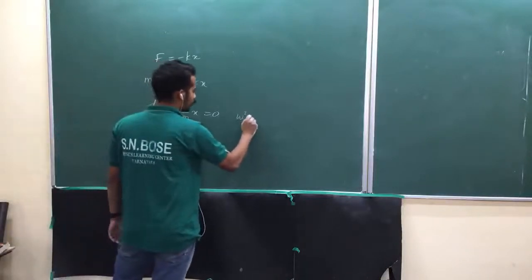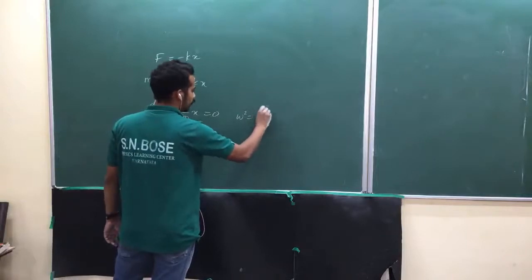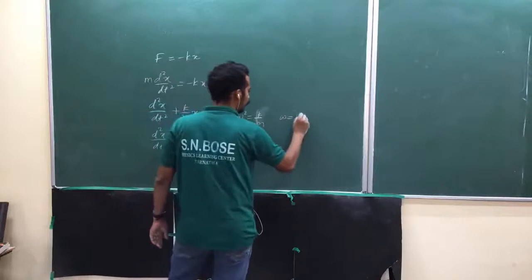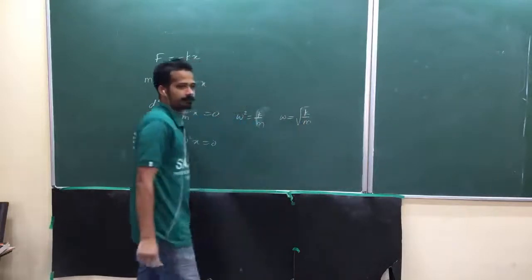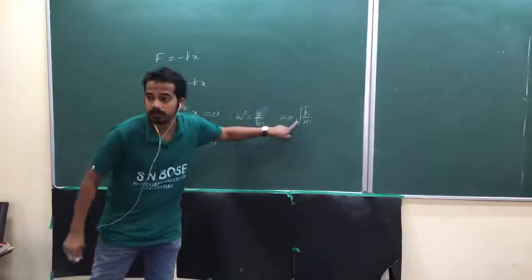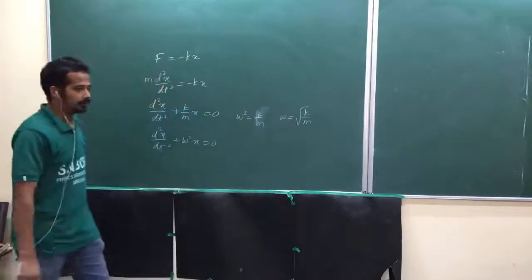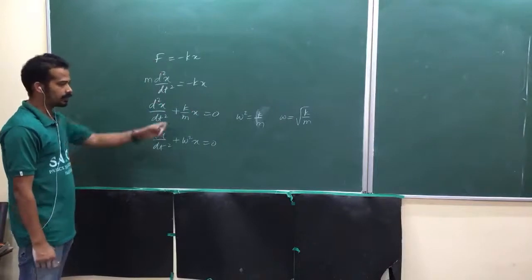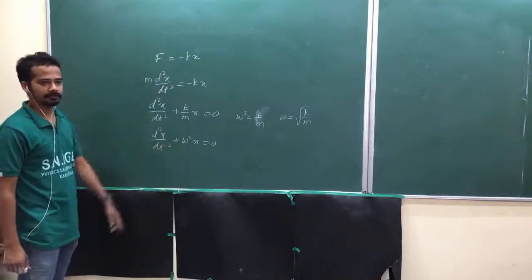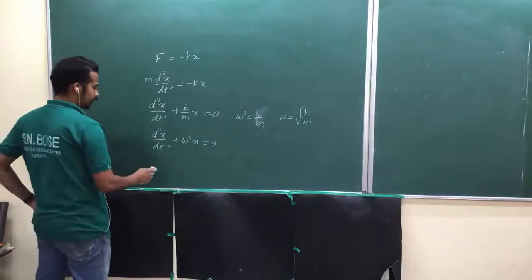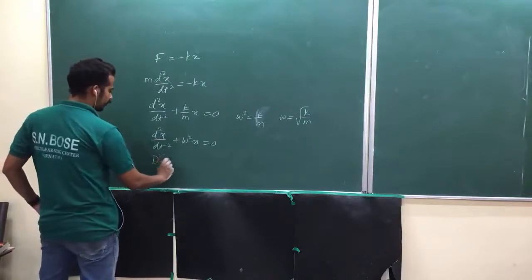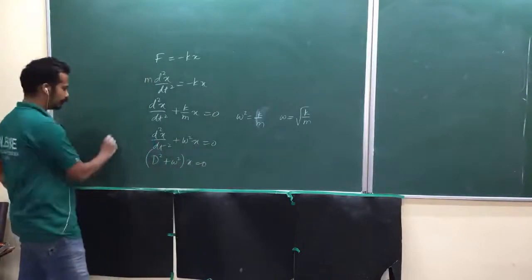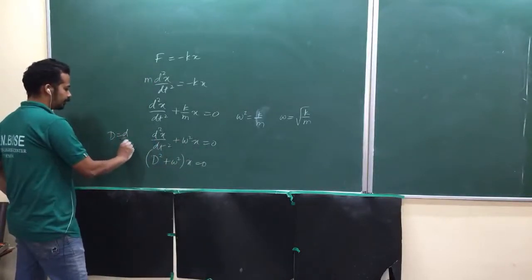where omega squared is equal to k/m. Omega is equal to root of k/m. I'll not write plus or minus root. Look here, I'll not write plus or minus root. Okay. Omega is equal to root of k/m. So this is the symbol that we created here. Now look here. When you solve this, (D² + ω²)x = 0. Am I right? Where D is equal to d/dt, isn't it?